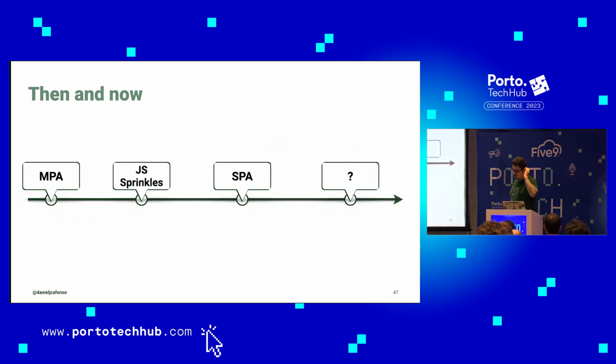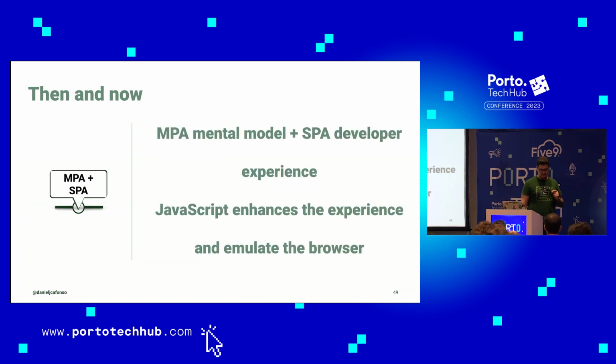Now, let's get back to the timeline, because ideally we would have this new transition, this new change. And this new change, for me, would be getting the best of all the worlds of everything that we saw. So basically, the NPM mental model was pretty simple. It was easy to understand, it was not that complex. The developer experience of SPAs was really good. All the JSX, all the things that we have nowadays, make it so much easier to code and build